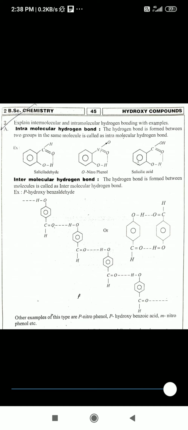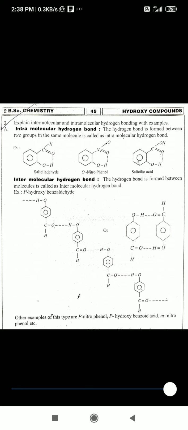If you take salicylic acid, you can observe the same thing, as shown in the figure. Salicylic acid means on the benzene ring, COOH and OH are adjacent to each other. So O from the COOH group and H from the OH group are nearer to each other. Whenever both are nearer, a slight bond is formed. Slight means a partial bond is formed between O from the COOH group on the benzene ring and H from the OH group on the benzene ring. So that is called intramolecular hydrogen bond.